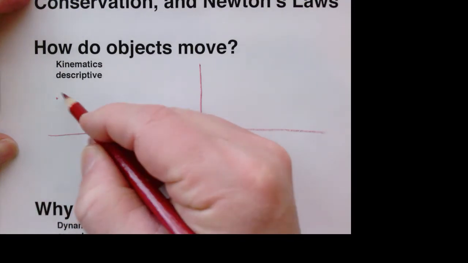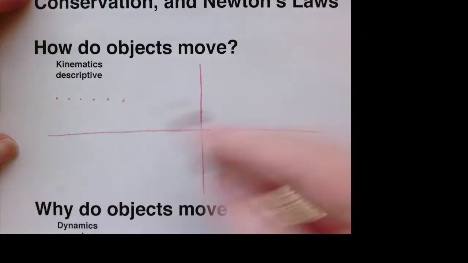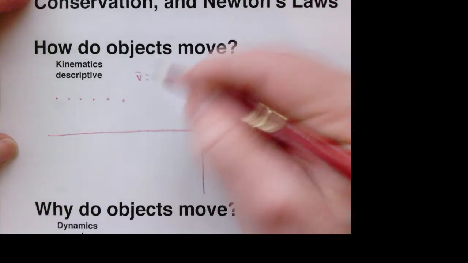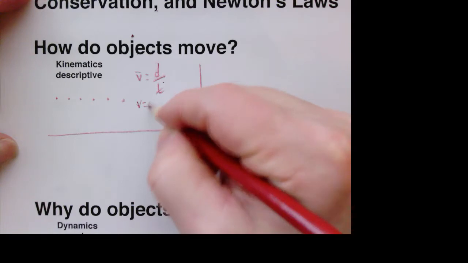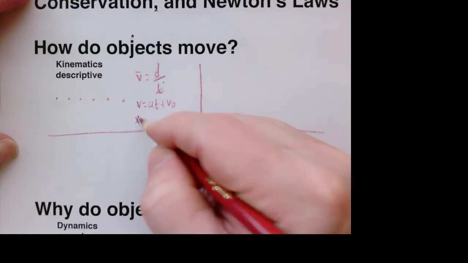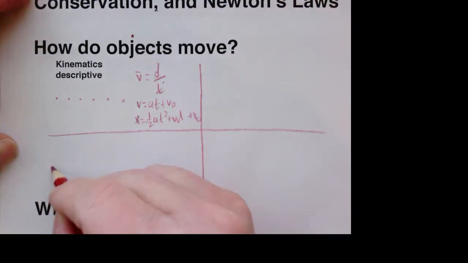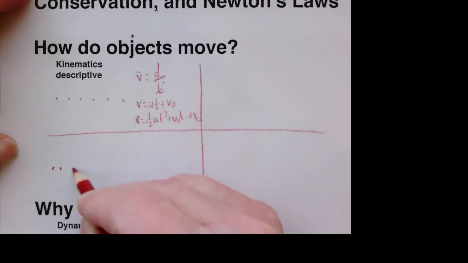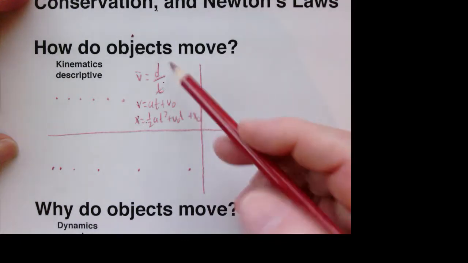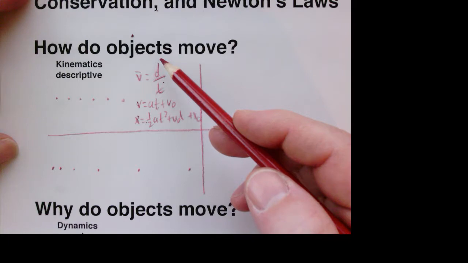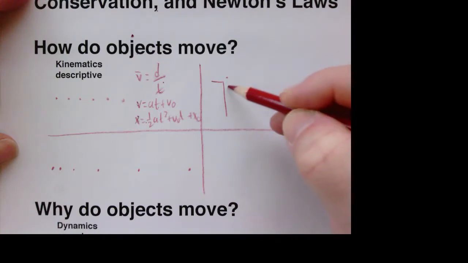So we might study how an object is moving along a road at constant speed. And we would use equations like average velocity is distance over time, or velocity equals at plus v0, or x equals 1/2 at squared plus v0t plus x0. We might examine an object that is speeding up or accelerating using the same equations. All of these equations allow us to answer the question, how do these objects move? How are they moving? We're describing that motion,